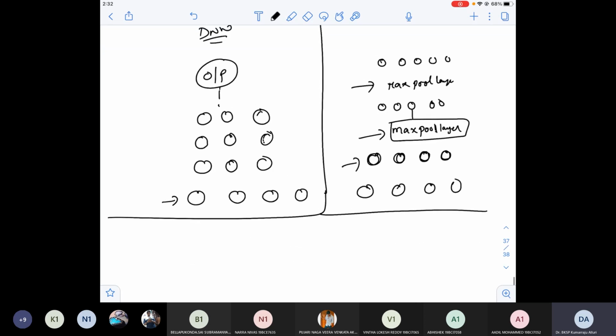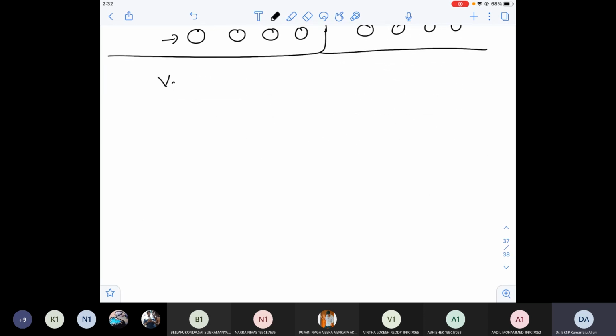Now, what is this max pool layer? Everything we will see with examples. But do remember, guys, once the aggregation is done here, you can apply activations. Aggregation is done, apply activation. The same thing. I think this knowledge is sufficient to learn various CNN architectures. This is an extremely important topic, guys, extremely important for your projects also. You'll apply these architectures in your projects. Various convolutional neural network architectures.